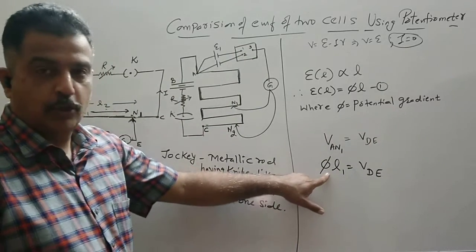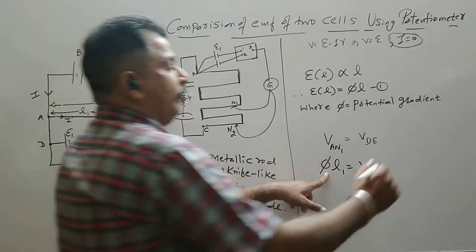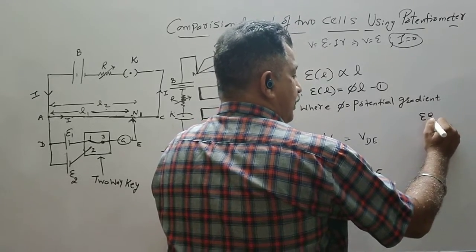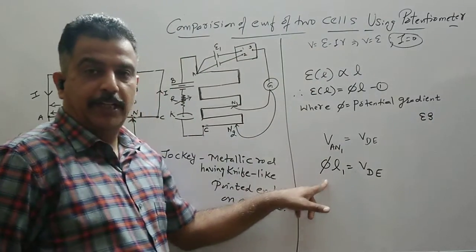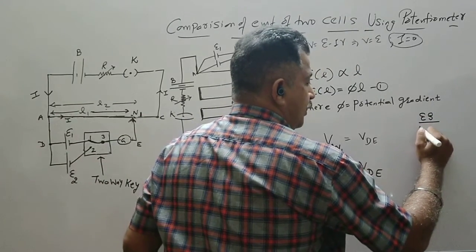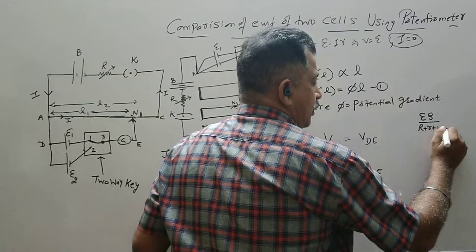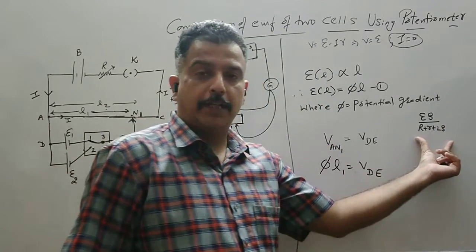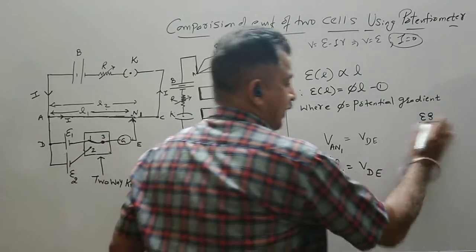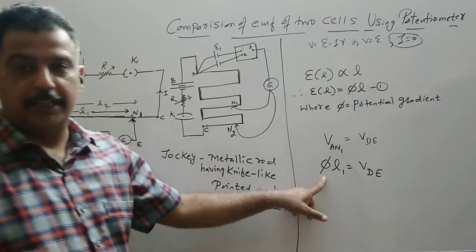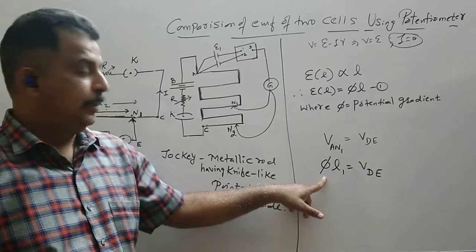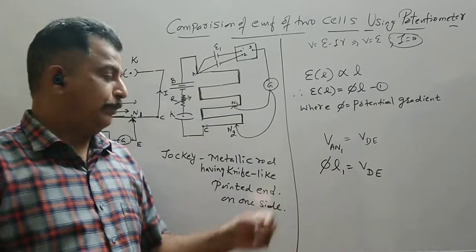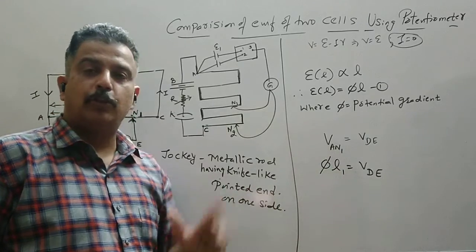Now phi, it is a constant of proportionality, or we know its formula is driver battery EMF times resistance per unit length upon the total resistance of the potentiometer. So this was your phi value in the last lecture. This is a constant term. So we know phi, that is a potential gradient, that is potential per meter. Now suppose I get this length as say 2 meter. So I multiply this potential gradient by 2 meter.